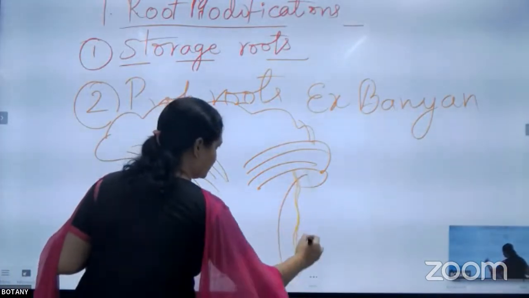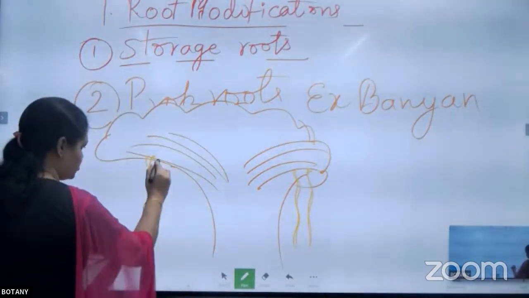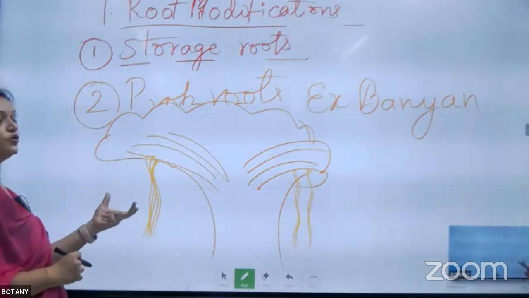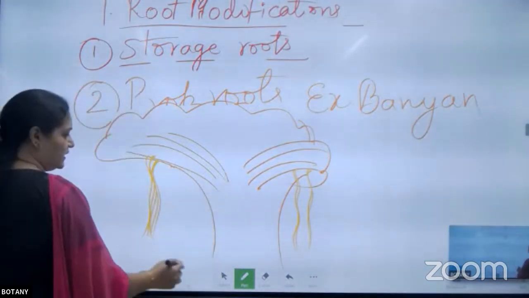These are the roots which are arising from the heavy branches to give a pillar-like occurrence. These are called the prop roots or pillar roots. Example, banyan tree. And the third one,